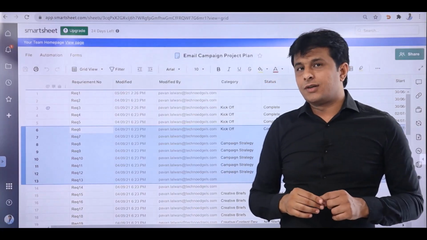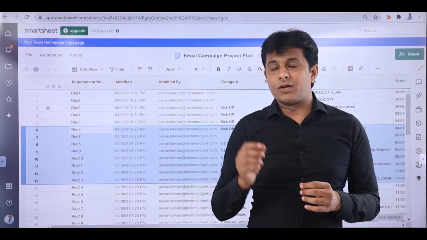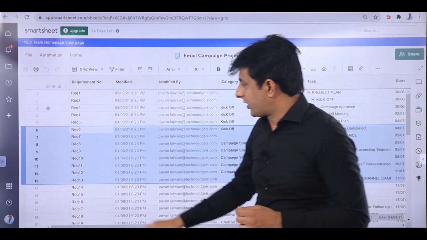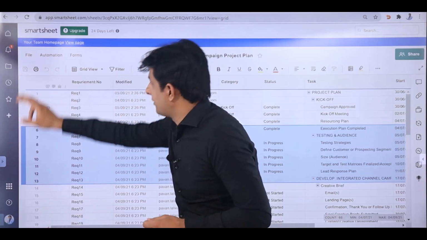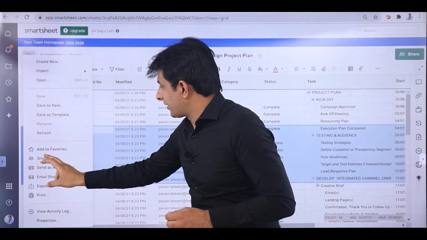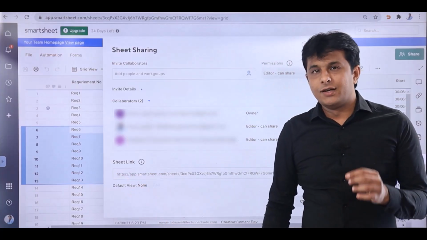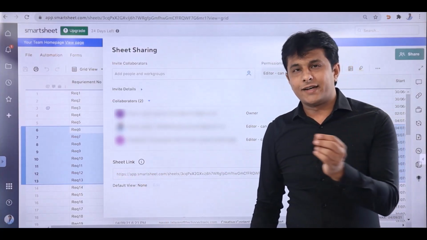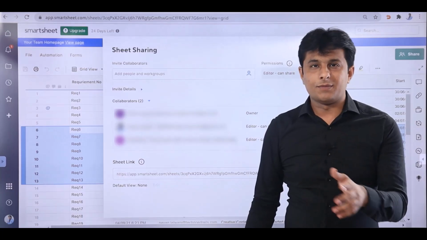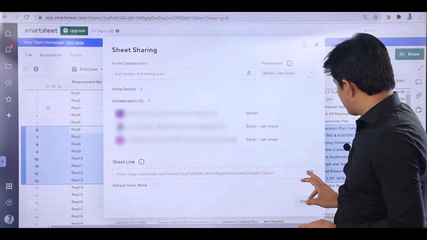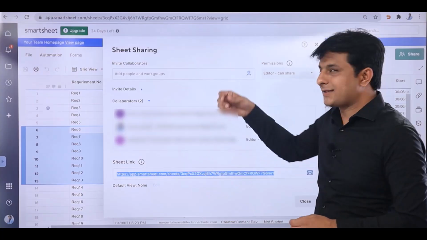Now the last option, if you don't want to share the entire sheet, but you want to share the link with them, you can again go to that place. In fact, not here, in the file menu bar, and here you can just click on the share button. The last option, if you see, there's a sheet link. You can just pick up the URL, send it via Outlook, via email or WhatsApp, any place. So I can just copy this particular link over here and I can just send it to my colleague or